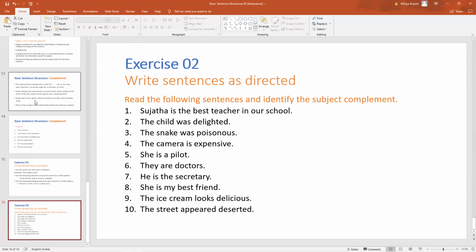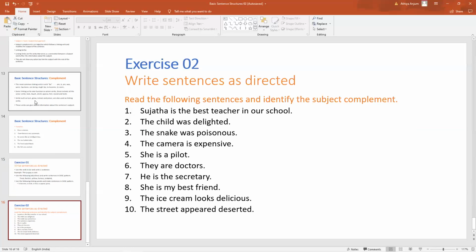The child was delighted. So the child, delighted. Okay, here the linking verb is was. So find out which is the subject complement. The snake was poisonous. The camera is expensive. She is a pilot. They are doctors. He is the secretary. She is my best friend. The ice cream looks delicious. The street appeared deserted, right? So go through this and identify the subject complement so that it becomes easy for you later on to read